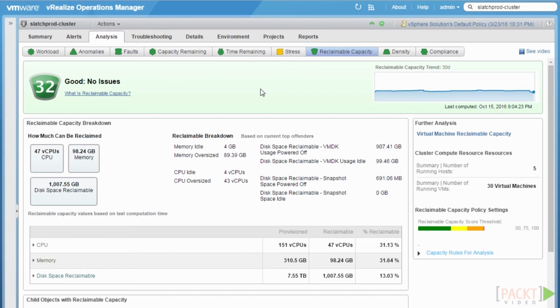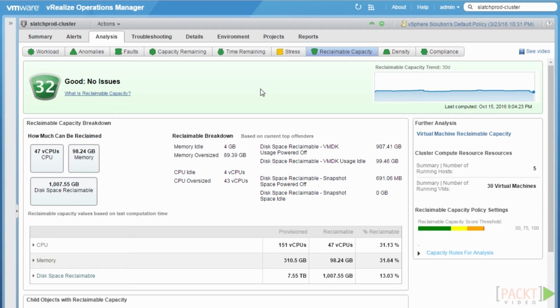The reclaimable capacity badge is a graphical representation of the amount of unused computing resources currently assigned to your virtual machines. In vSphere, reclaimable capacity is only applied to virtual machines, as it's seen that virtual machines do have the ability to be right-sized in quite a straightforward manner. The same could be said for physical hosts, for example, where adding or removing CPU and memory might not be